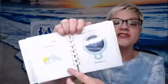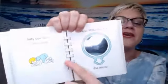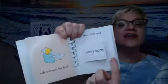And if you have a book like this little Pat the Bunny book, every page has something different to do on it. And this one has an imitation. So you see the little girl, it says Jane can look in the mirror, and then here's a little mirror for the kids to look in. This page has Jane reading the book, and then here's a little book with some pages that the child can read. Whenever a book has something to manipulate about it, that can add interest for your child